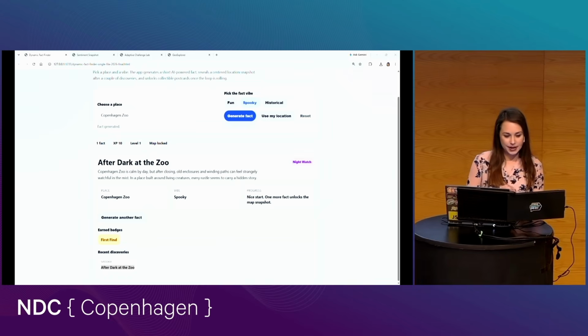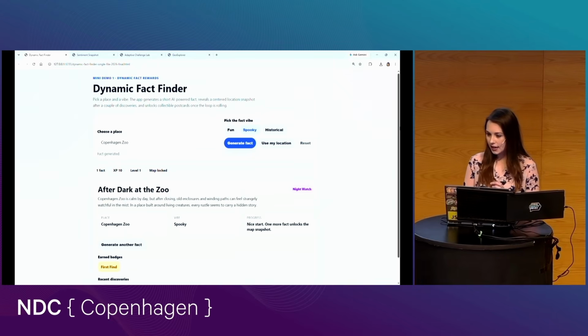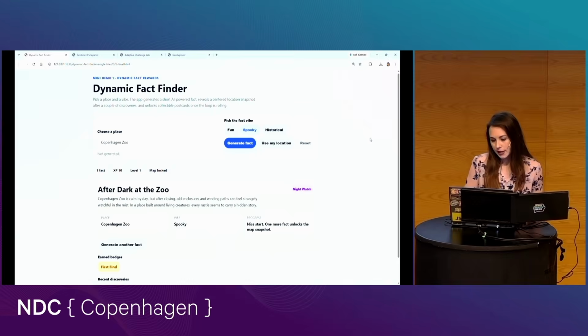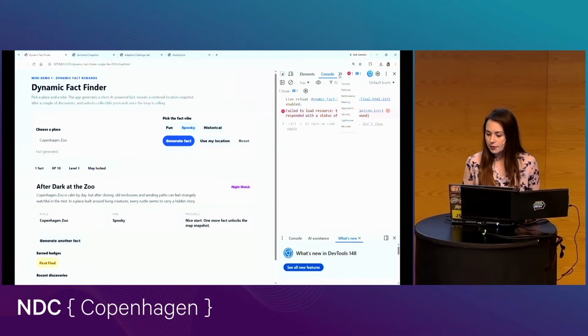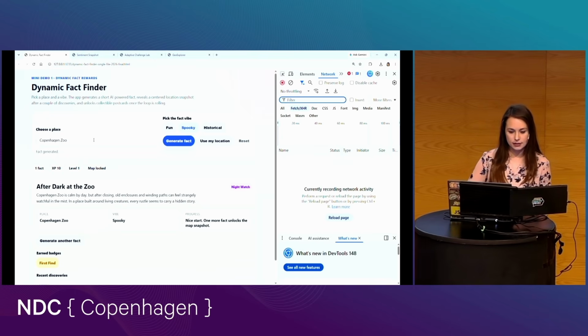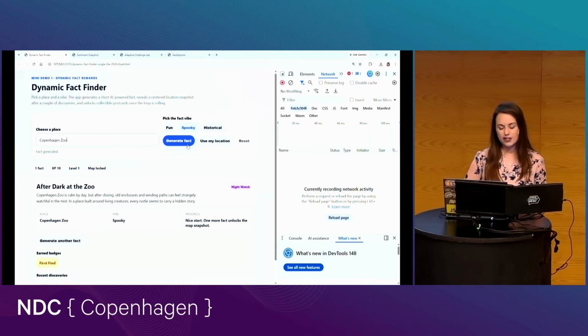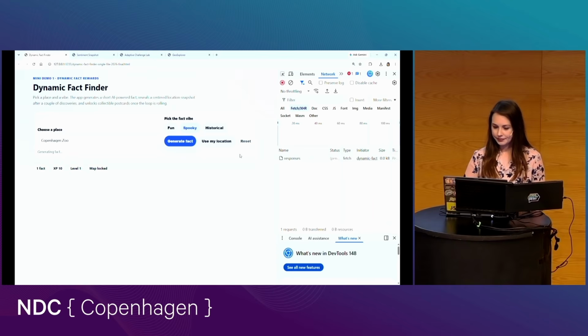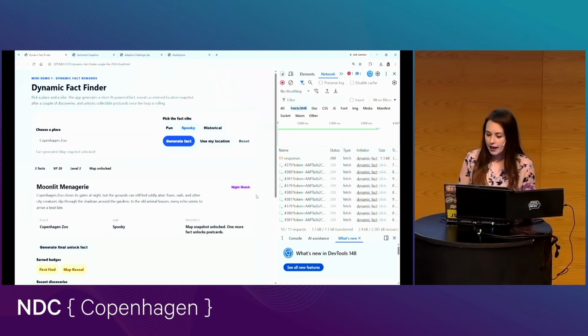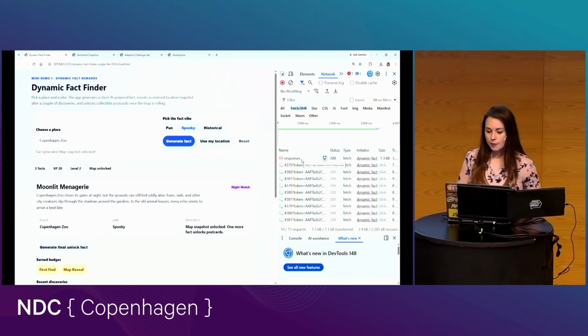All right, so before I continue with generating a new fact and showing you the map snapshot and everything, let me open the DevTools real quick. And I will go to the network. And I'll go ahead and generate another fact now so we can just see it come up right away. Just use the same location. Okay, cool. So I'm going to open up the responses.